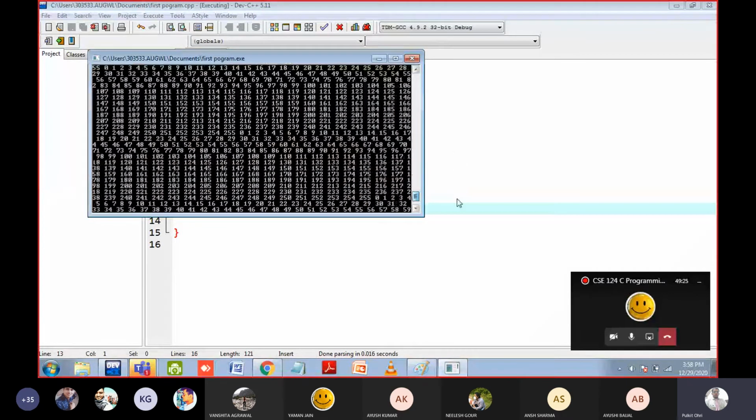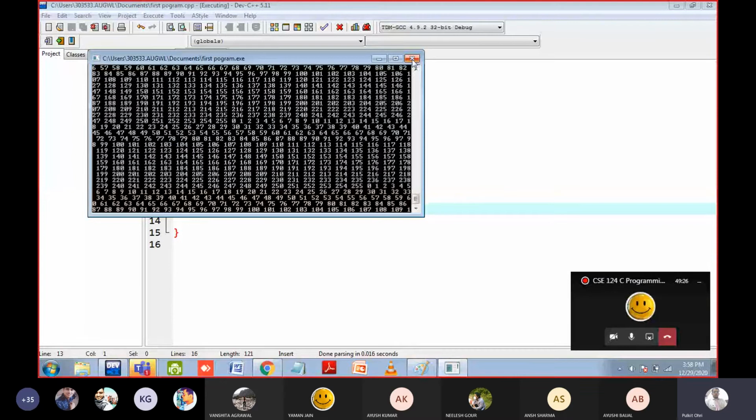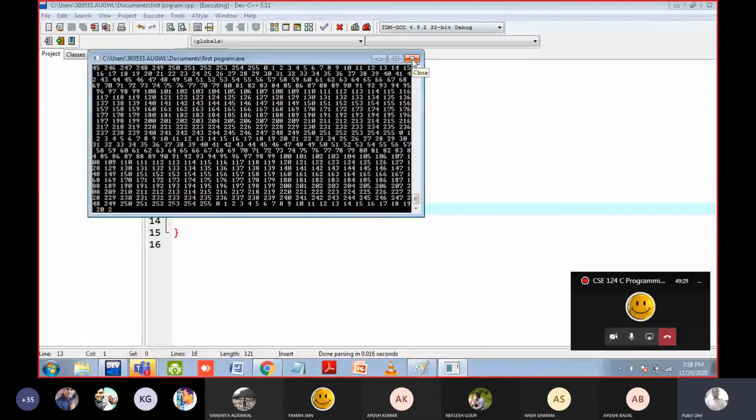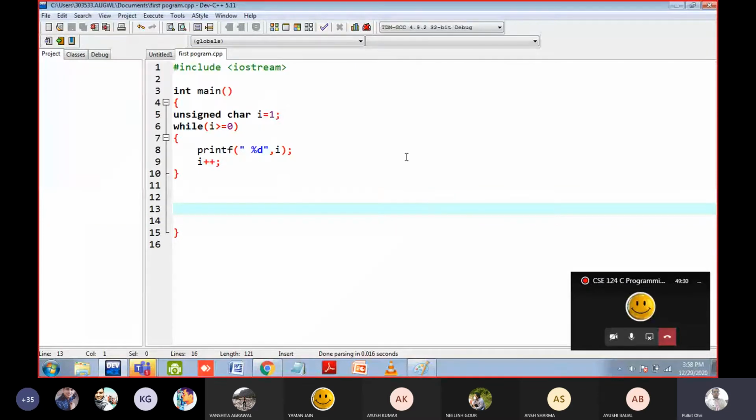So always remember for unsigned integer. For example, let us talk about integer. Suppose the size of integer is 2 bytes. When you are at the maximum limit on the right side and you do the increment operation, you will go again to the left side.